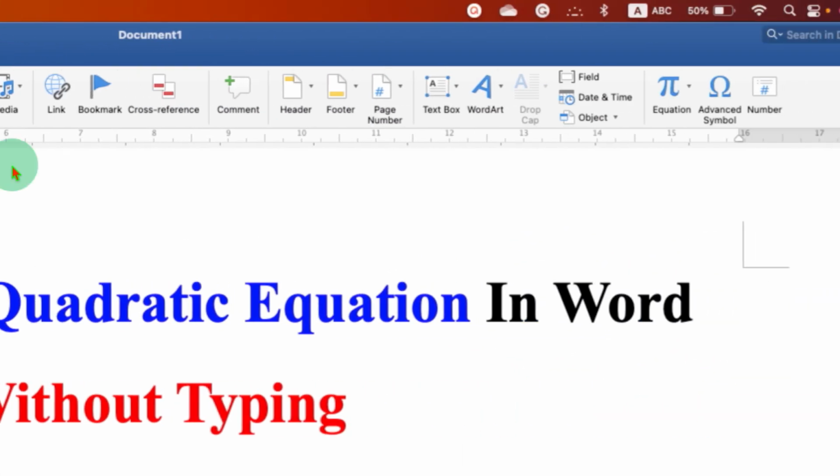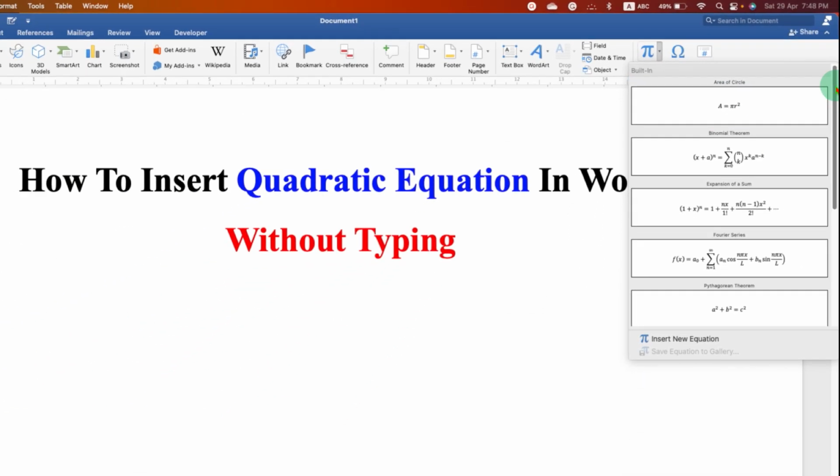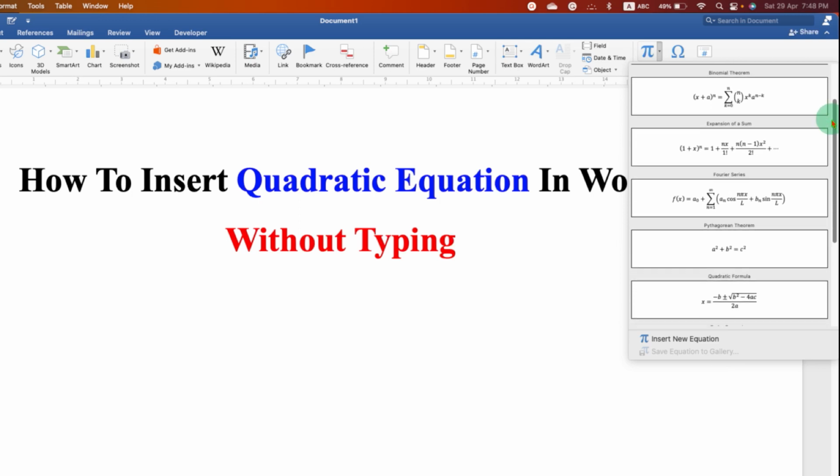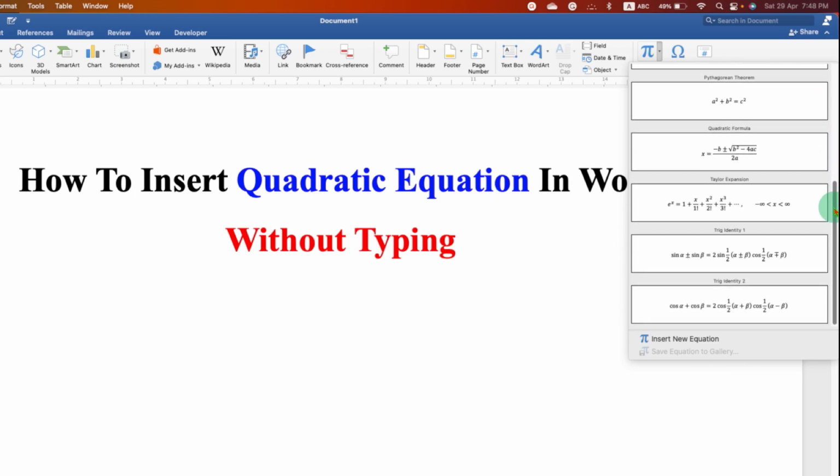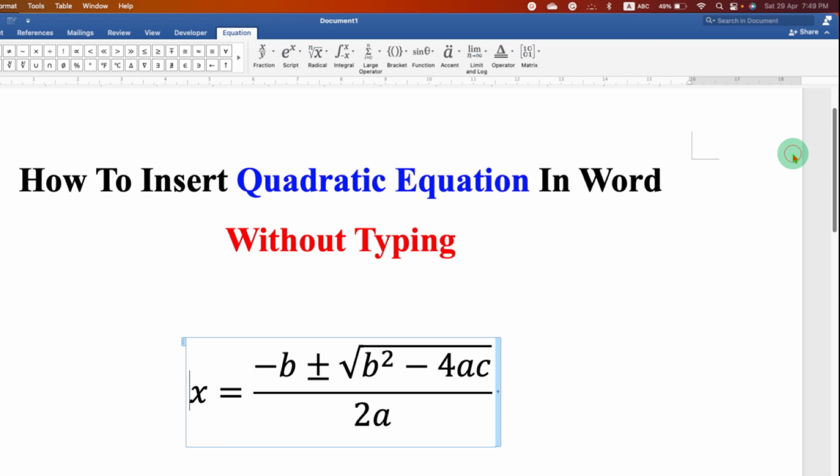Under the Insert tab, you will see the option of Equation. Click on the drop down and you will see here pre-templates of the equation. So for the quadratic equation, just scroll down a little, and after scrolling you will see here the option of quadratic formula. After clicking on this formula, the formula will be inserted into the Word document, so you don't need